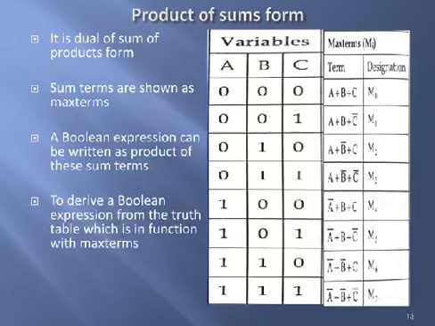So this is the table of max terms corresponding to the three variables a, b, c, so you will have 8 max terms, M0 to M7. a plus b plus c is the max term corresponding to 0 0 0, which you designate as capital M0, and a plus b plus c bar is the max term corresponding to the 0 0 1 combination, designated as capital M1. Likewise for M7, the max term will be a bar plus b bar plus c bar for the input combination 1 1 1. So in the same manner that we did it for sum of products, you are doing it for product of sums forms.